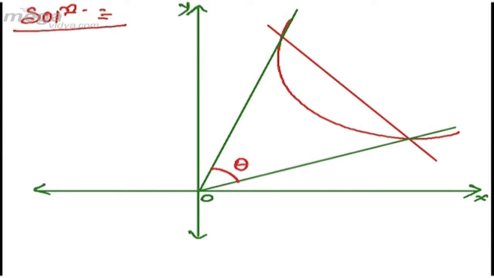because you have to find out the angle between the pair of straight lines passing through the origin and the point of intersection of the curve and a given straight line. So with the help of this line, if you make this curve homogeneous, then that homogeneous equation will represent the pair of straight lines.